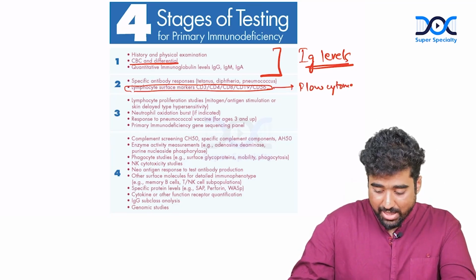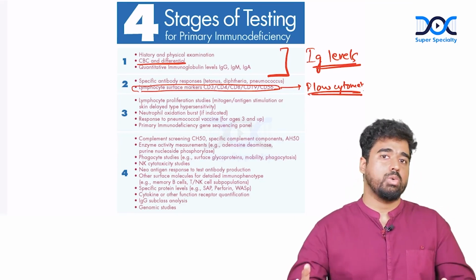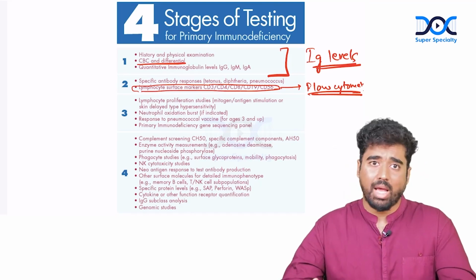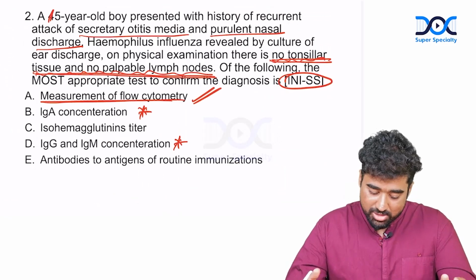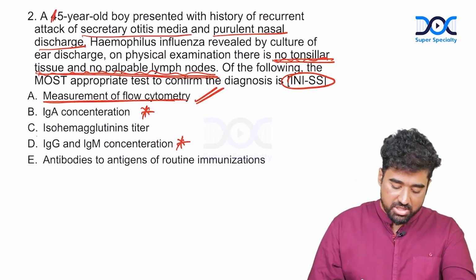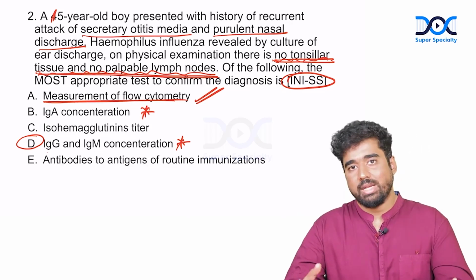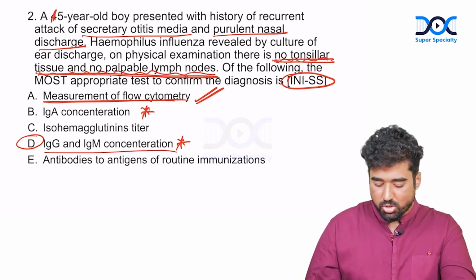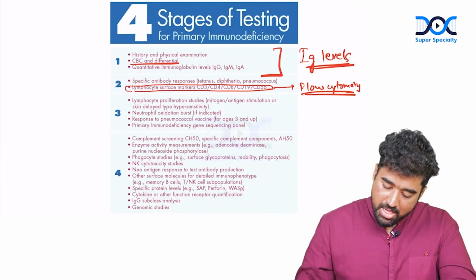Now, I don't really agree with how correct this particular answer is, but that was what I could gather from essentially the ones who were setting this question. So I would suspect that maybe you can go with this option D. If somebody is going with this D option, I would not say the line of process is wrong at all. It's a very good option to mark, but essentially the answer here was measurement of flow cytometry, because